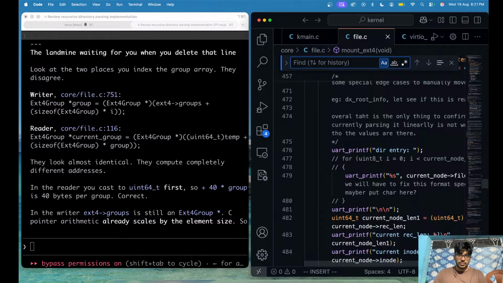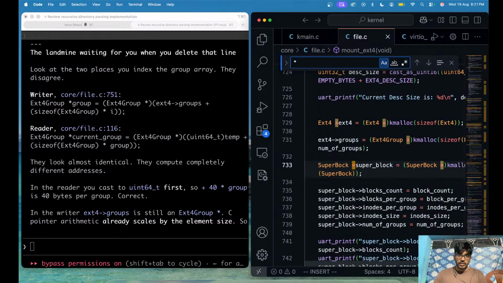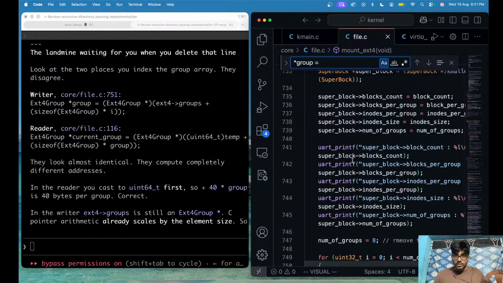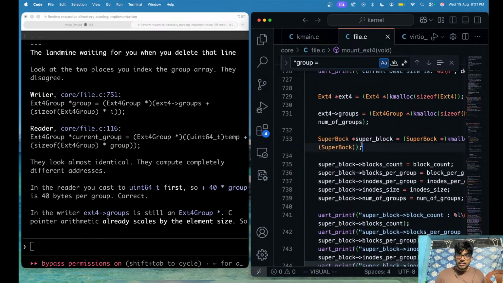Search for it. Group. Okay, here it is. So once we pre-allocate every group,